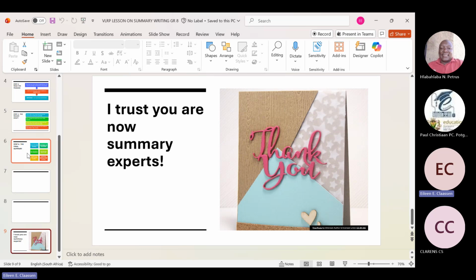A summary can't take very long, but before I go off, I just want to give you an example. Remember what I said is that when you read the sentence, you must change that sentence a little bit so that it's not exactly the same, because then it's not a quote anymore. So I'm going to read you a sentence quickly. The sentence is, leaps from horseback, dramatic sword fights, escape from fires, car crashes. These exciting sequences in the cinema are called stunts. We all know what that is.